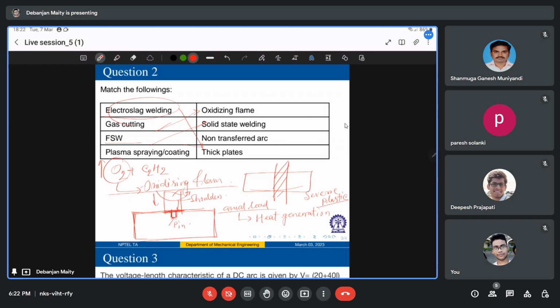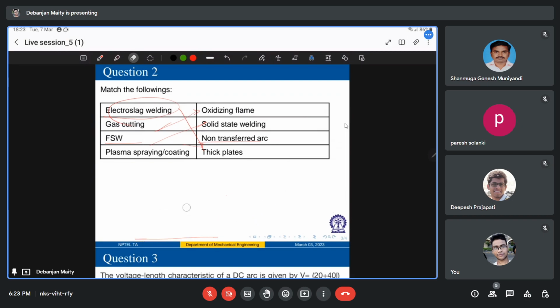Now for plasma arc spraying and coating, are you familiar with what is transferred arc and what is non-transferred arc? Any idea? This is a little bit off topic. Anyhow,